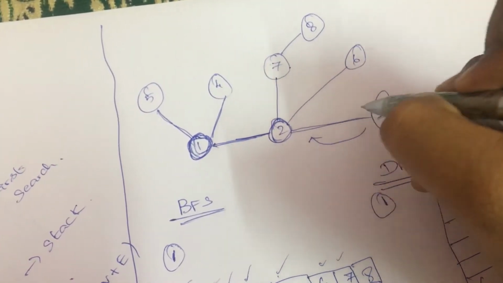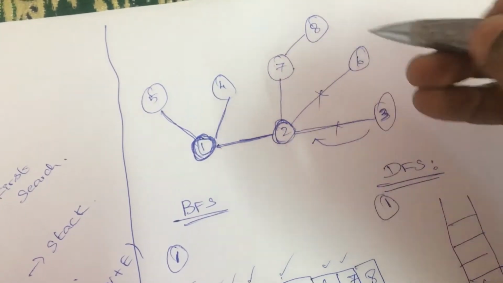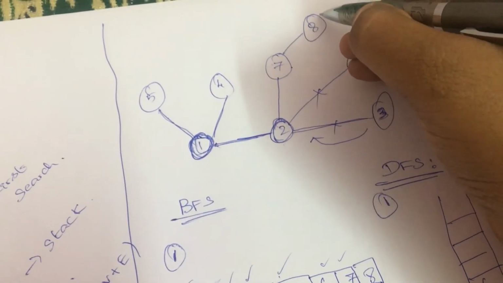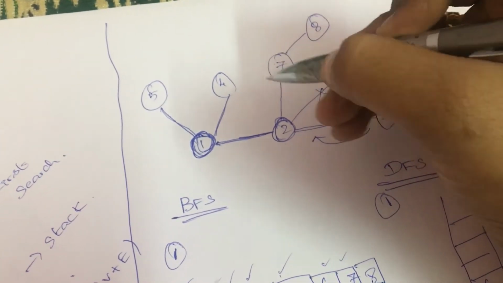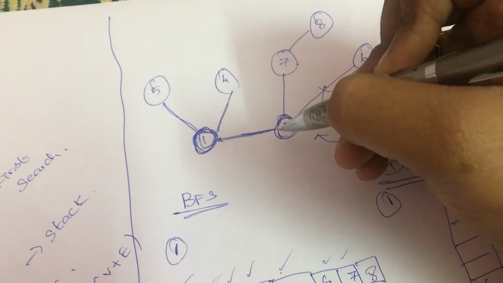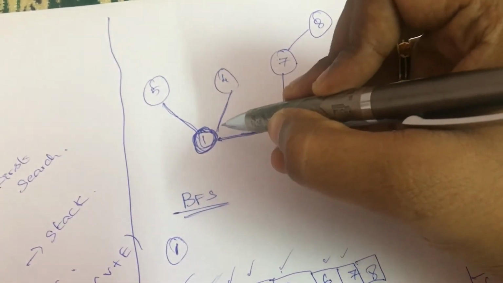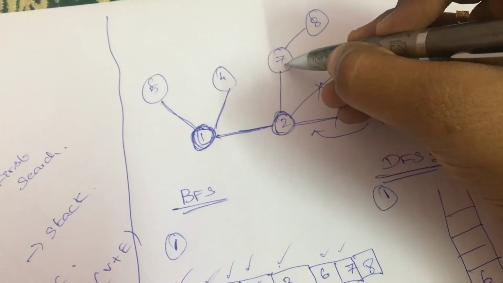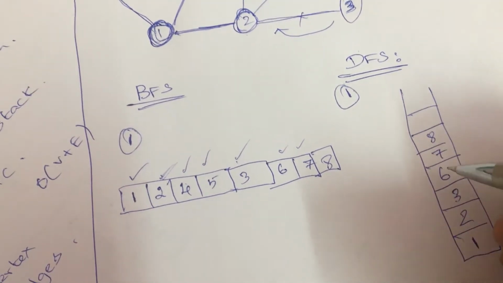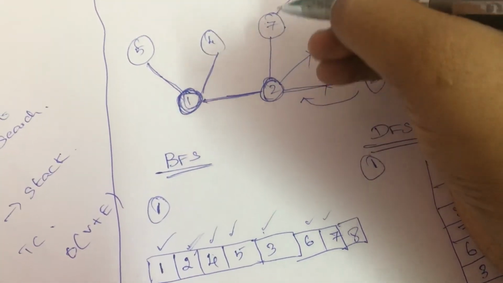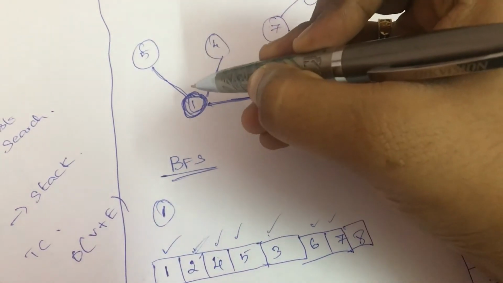So from 2 I have visited 3 as well as 6. Now I can visit 7. After 7 I can go with 8. When I reach 8 it is again a dead end, so it will backtrack and come back to 7, and 7 doesn't have any other node, so it will move back to 2 itself. From 2 again I can't find any other node, so it will move back to 1. Now I have to push 7 as well as 8 into our stack, followed by which I'll be backtracking from 8 to 7, and from 7 to 2. Now from 2 you will backtrack to 1.